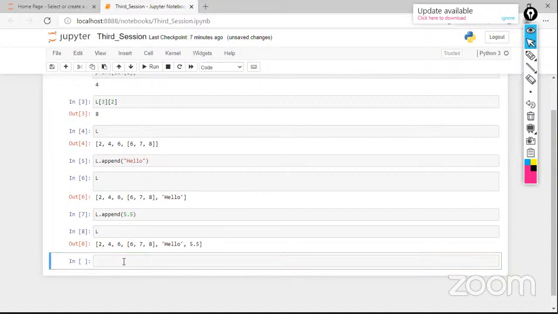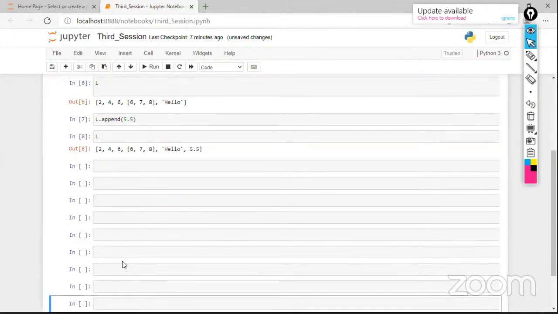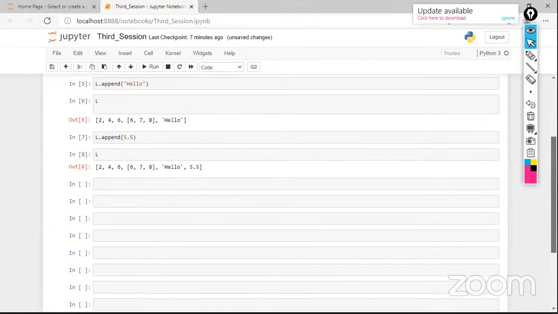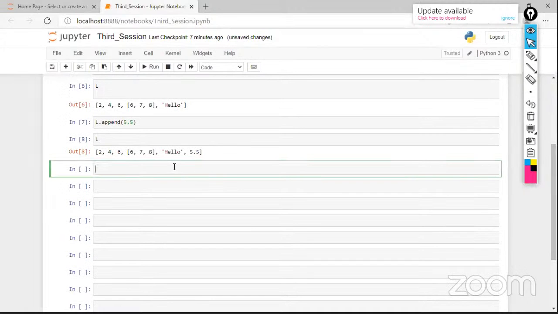Let me first create a blank cell. Then I will show you some more examples, guys. Think of L as one list of how many elements? 1, 2, 3, 4, 5, 6 elements. Now think there is an L1. I am going to create a new list. L1 is equal to, let's say, 5, 6, 2 elements. As I told you, a list can consist of one more list in it. Nested listing is possible. L is a big list, and inside the big list I want to add